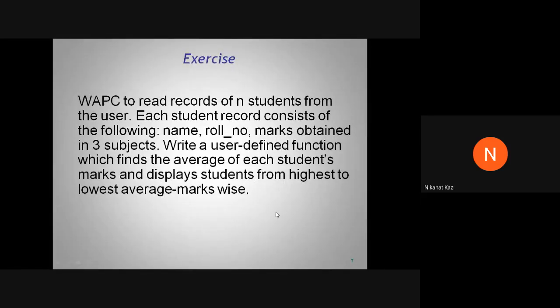So you first compute the average marks for each student 1, 2, 3, 4, and then display in descending order of marks. That means you have to sort this array. This problem is of sorting. Whatever sorting technique you have studied, bubble sort or selection sort, now apply it to the array of structures. If you have doubts, you can ask me via mail. Just read this example and try it at home.